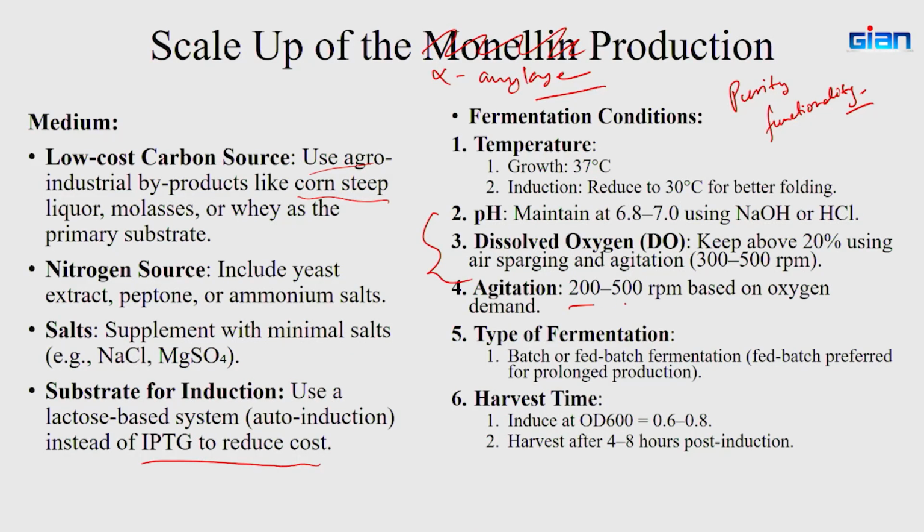Just for this. Okay, I do have a question. I know this is the last session, so we are having a nice time, but I would definitely love to ask you a question. When you say 200 to 500 RPM based on oxygen demand, like RPM for the agitation purposes, what is the size of the bioreactor you're talking about? Is the data that you have here for 100 liters? It's a value that you are estimating, or the source that you used actually had these values? Sir, for 100 to 120 liters only, we have referred to the papers.